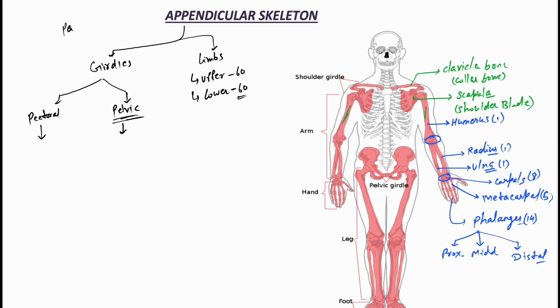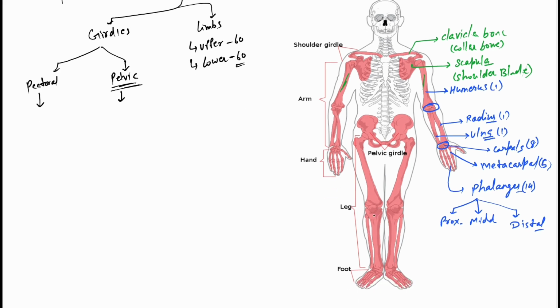Okay, now we talk about the pelvic girdle. The pelvic girdle connects to the lower limbs, and mainly consists of the hip bones. What are those? The ilium, ischium, and pubis. These are our hip bone. Now it connects at this part, the acetabulum. And this is which bone? This is the femur bone, the largest bone in our body.